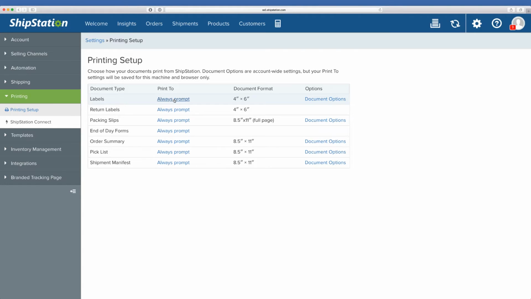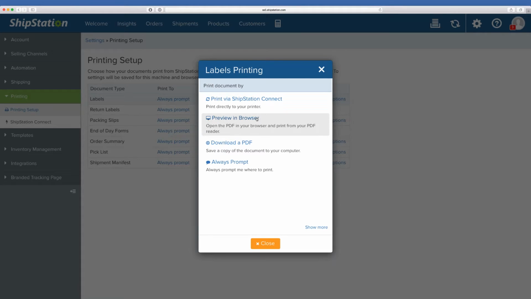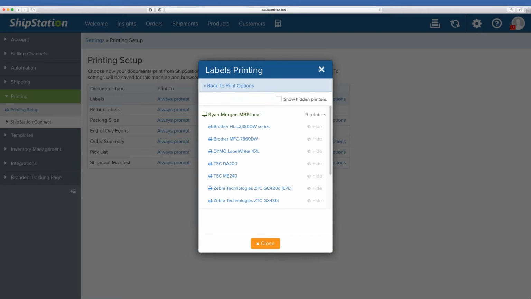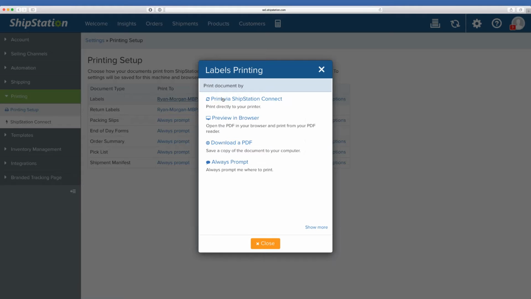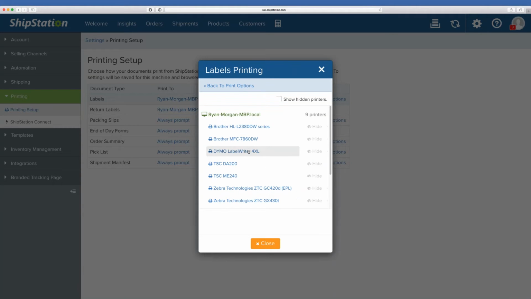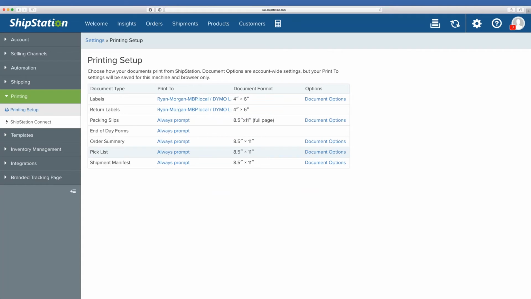you can choose to have those go directly to a specific printer through ShipStation Connect. So defaulted within ShipStation, it's always set to the print to option of always prompt. If I click on this, it gives you the option to choose how you would like to print, whether you would like to do it through ShipStation Connect, preview in browser, or download a PDF. So today we're going to choose ShipStation Connect, and then we're going to choose the Dymo 4XL. What that allows us to do is that from anywhere within ShipStation that we would need to print,